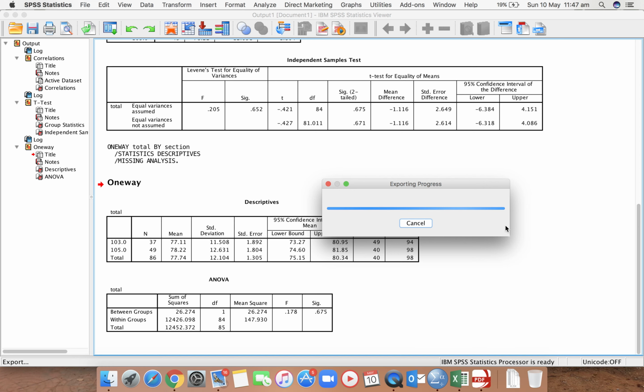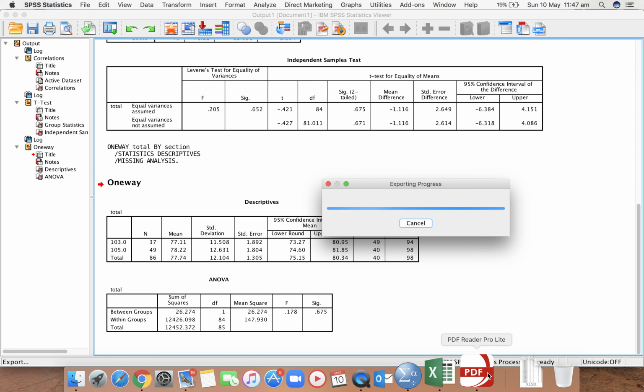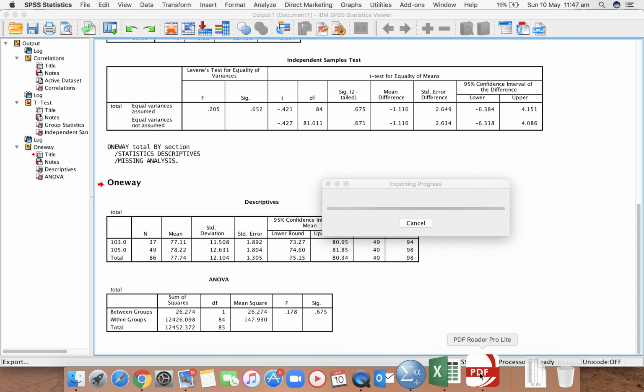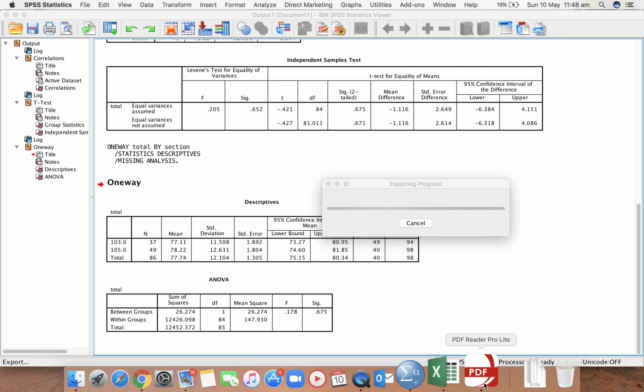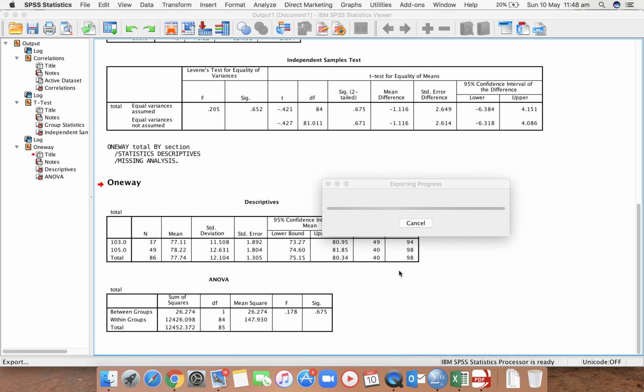This export is still in progress, because maybe it is 5 pages or 10 pages like this, so it takes time to export. Yeah, see, 15 pages are there, that's why it is taking more time.